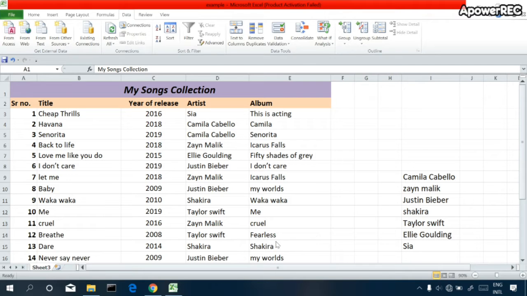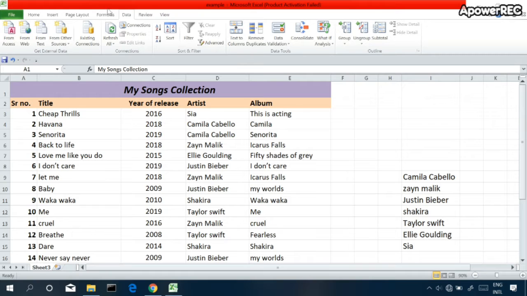Okay, you see I have created a spreadsheet here, a short list of my songs collection, and I am going to apply a little bit of data validation to this sheet. First, what is data validation? Basically, it is a way for you to be pretty much ensured that the data you have entered in a particular column logically fits and satisfies your conditions. So, how could we set those rules?